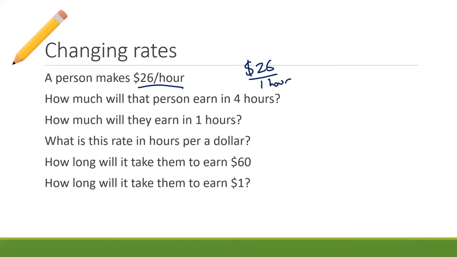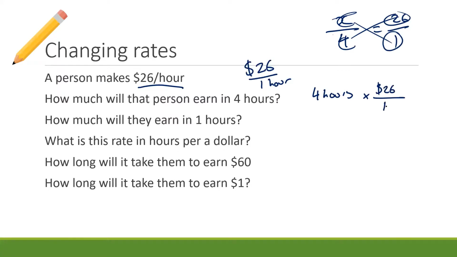Okay, so how do you use rates to work out questions like this? There is a complicated way using ratios that I really like, where you go, well, 4 over x equals 1 over 26, and then you cross multiply and that gives you the answer. But I'm going to show you the fastest and easiest way that most of you guys will probably be using by now anyway. The fastest way to solve a question like this is to say this: 4 hours multiplied by